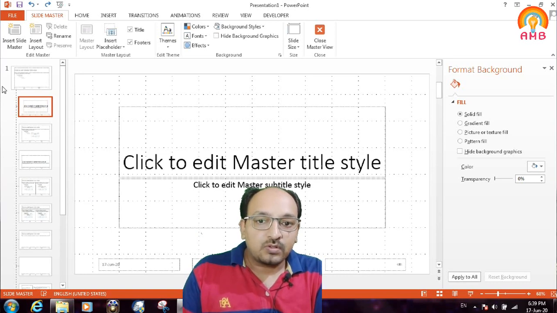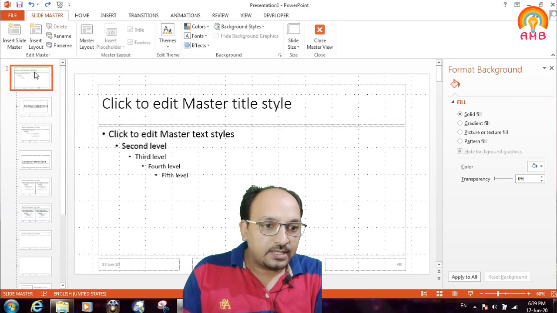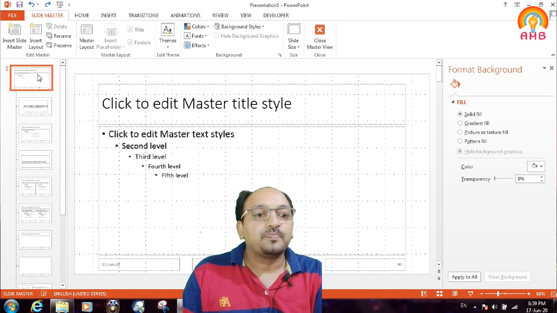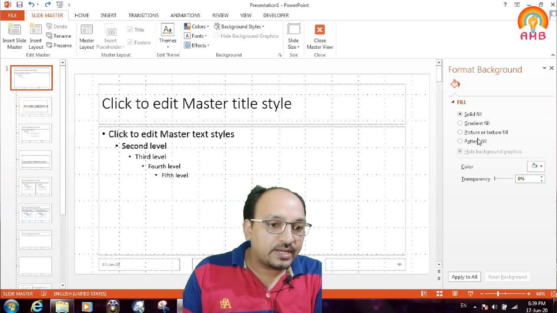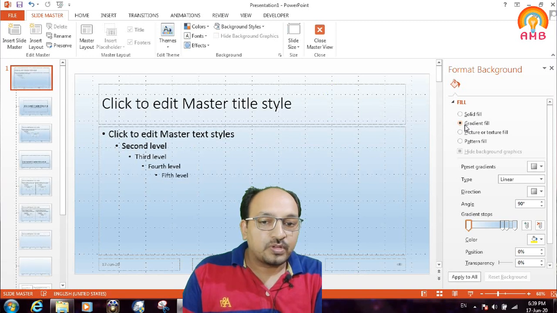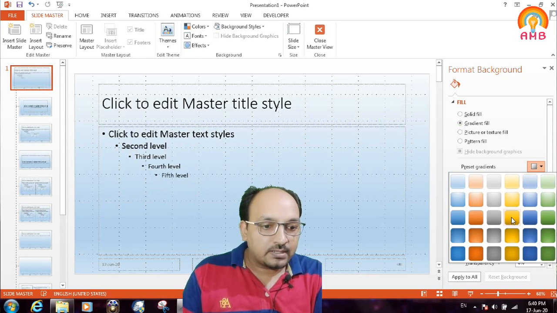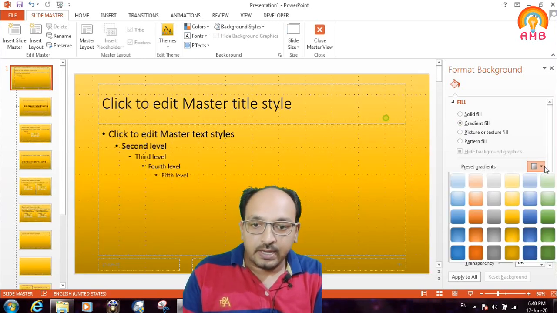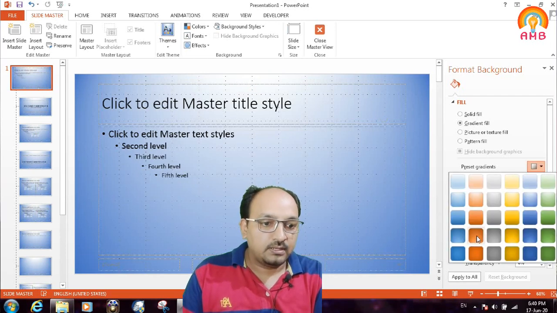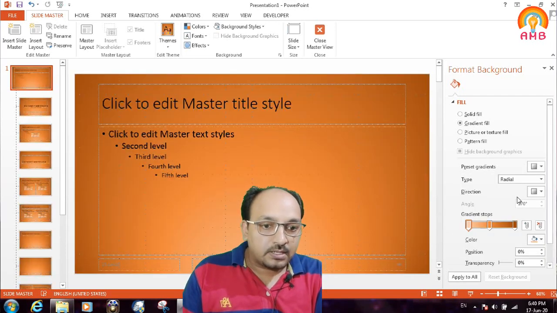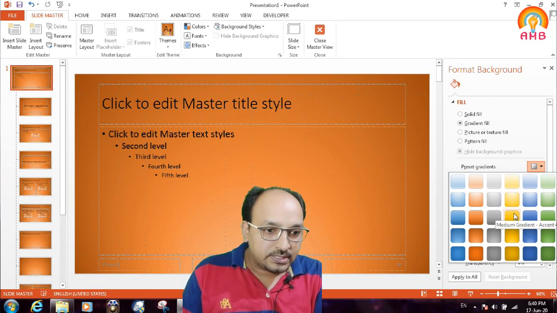So I am clicking on the first slide, and you can change the background by gradient. There are preset gradients. You can select among these preset gradients, and after selecting a preset gradient, if you want to change the color of the gradient, you can change it from here.